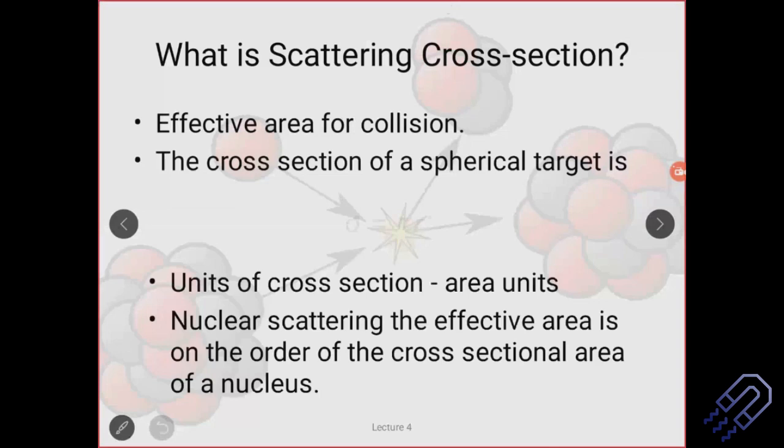This is a very simple idea that we know. This is the area, and this is nothing but the scattering cross section. If a charged or uncharged particle is coming and hitting the nucleus, there is a certain region within the nucleus which will collide with the external source. It might be an electron, a neutron, or an alpha particle for scattering. So we have sigma is equal to pi r square. The unit of cross section is nothing but area units.